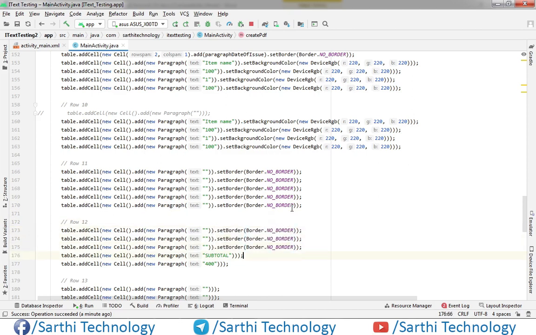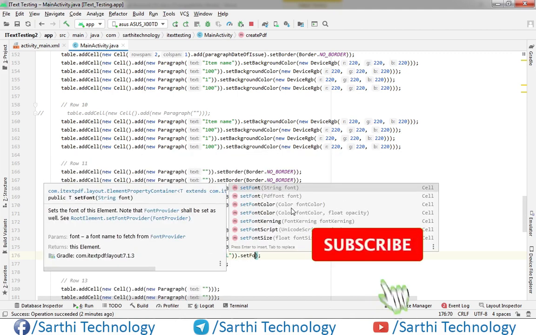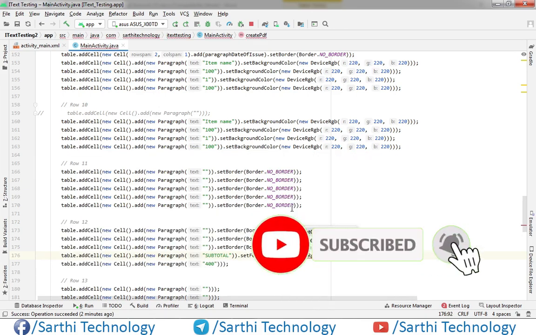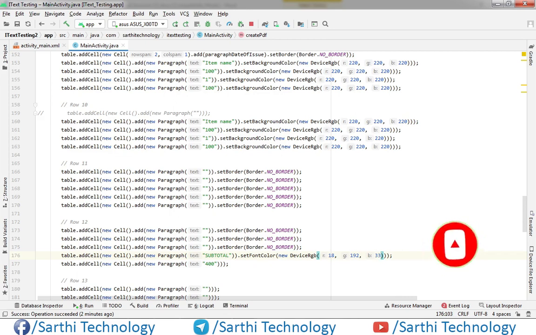And in the subtotal we need to change the font color, and for that just copy this.